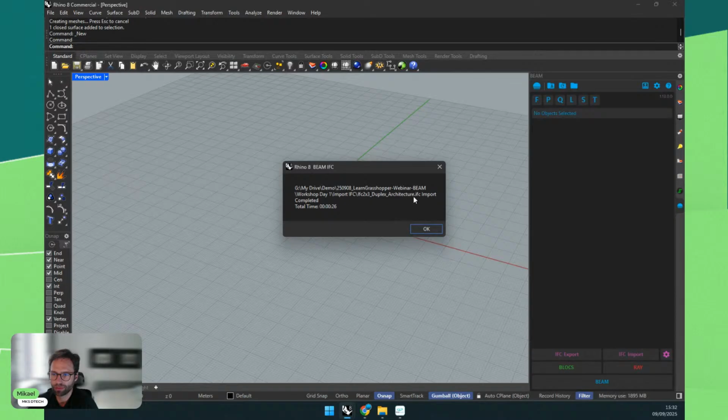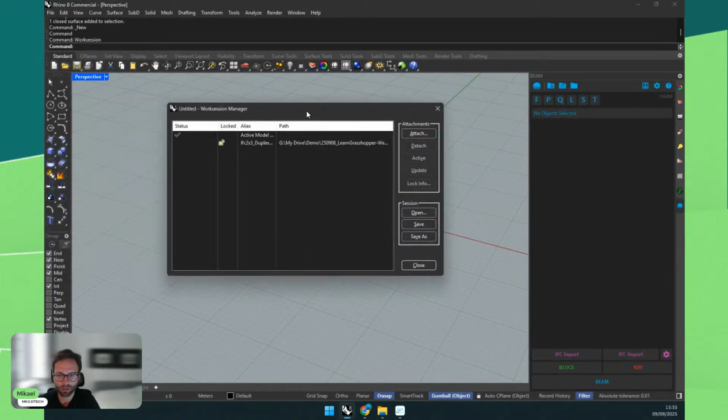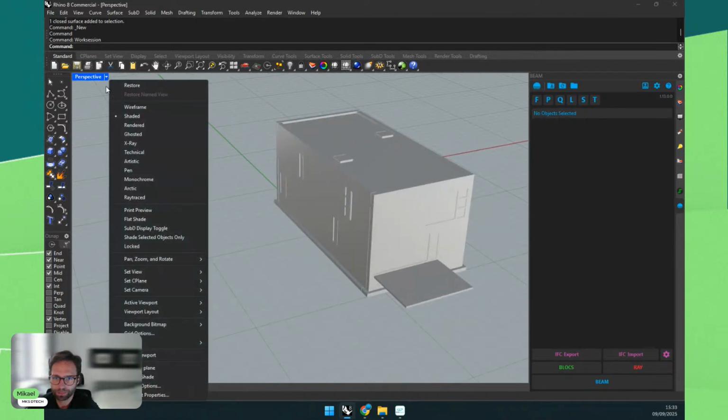You see, in my folder, in the same folder, we create this 3DM file. And now, if I go to work session, sorry, it's another screen, it's already added in your file as a work session. So if you want to link an IFC file, that's very easy. You don't have to import it in a separate file and then work session yourself. We allow this immediately. But you can also decide to import directly. We'll do that as well. So now this is a work session file.